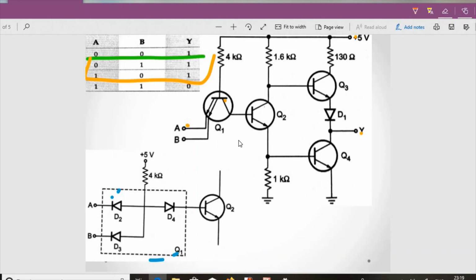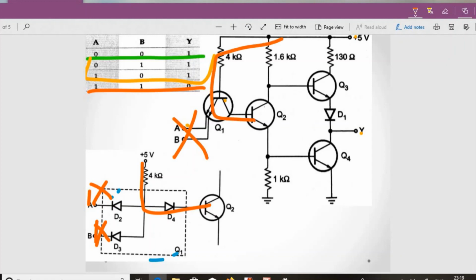But in the last case, what is happening? Both are in reverse bias. Because we are getting 1 1, it is not conducting, and as it is not conducting, now this passage gets clear. So now when the current is not flowing out there, the path available is this. So first my Q2 would be short circuited. Now as Q2 is getting short circuited, my Q4 will also conduct. Now Q4 is getting the base supply.